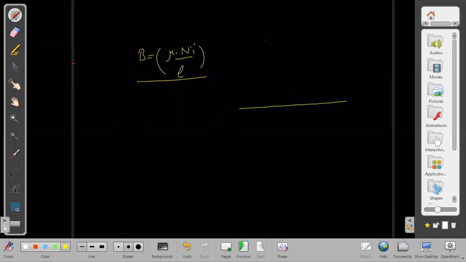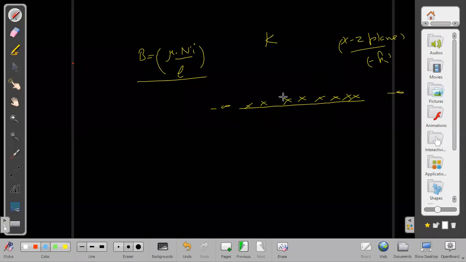Another case I can take is that of a current carrying sheet, which carries current into the plane. We have done this case before, but at that time the sheet was infinite, going from minus infinity to plus infinity. It is a sheet lying in the xz plane, and it carries current towards minus k cap throughout, uniformly spread, and the current per unit width of the sheet is given as K.